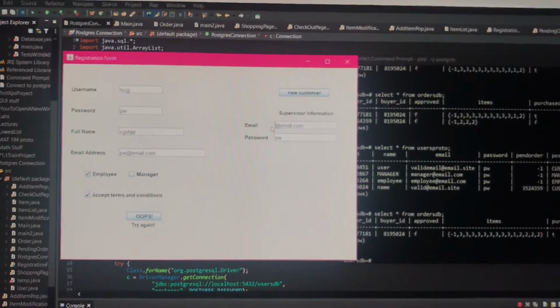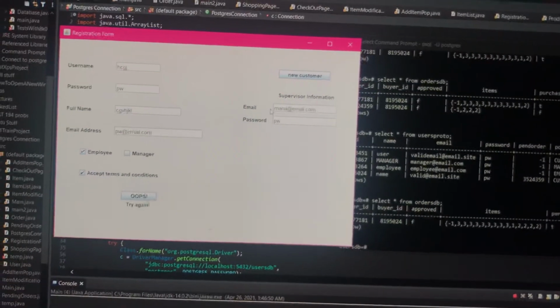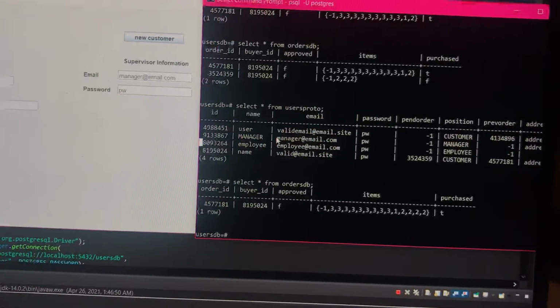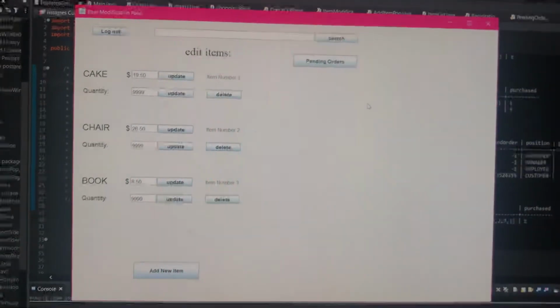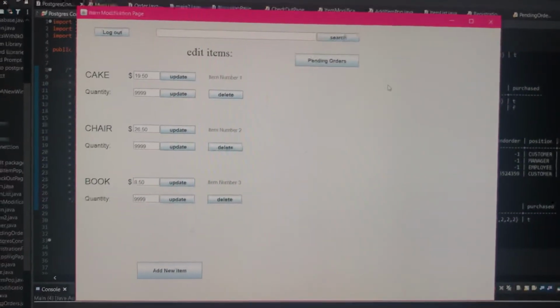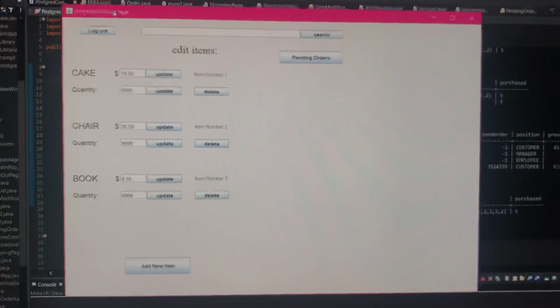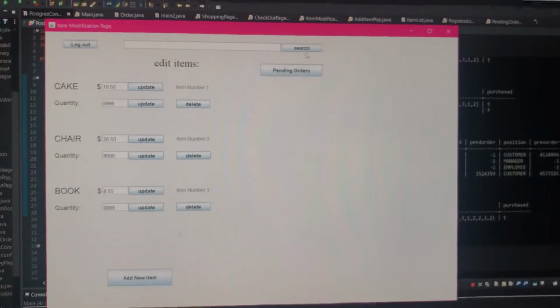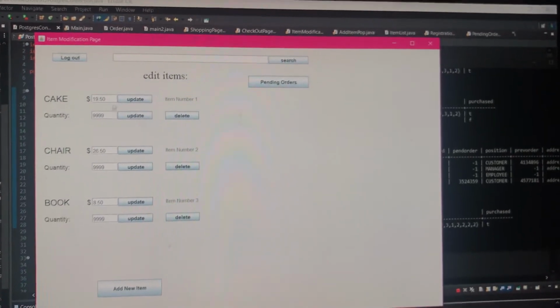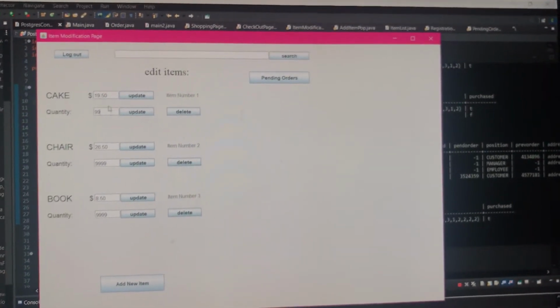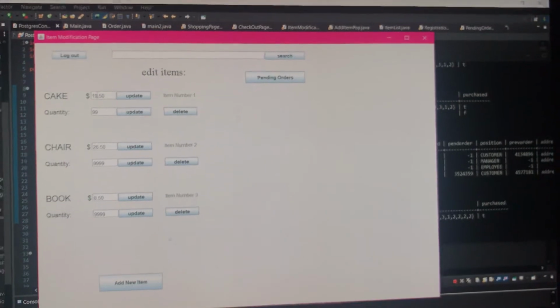But then if we change it to manager, you see this is the manager's email. Then hooray, we created a new employee. So now we're at our item modification page, and the employees and managers are taken here immediately, and you can just modify your items, update,